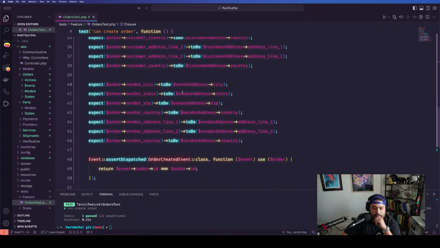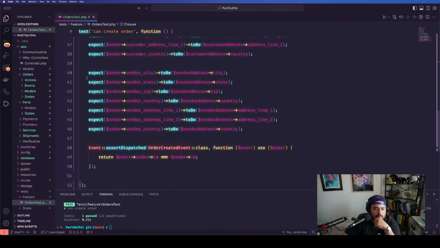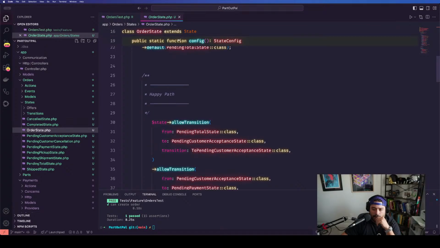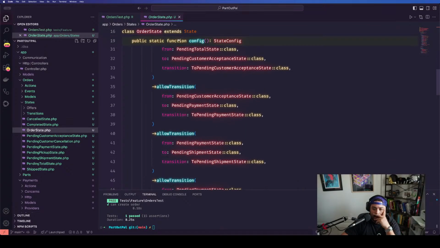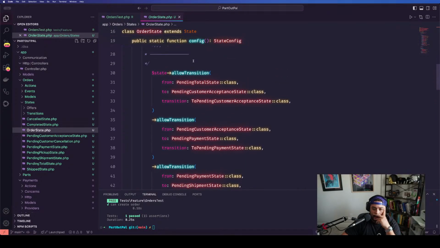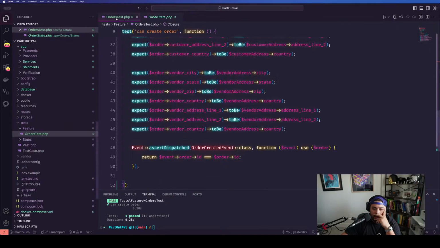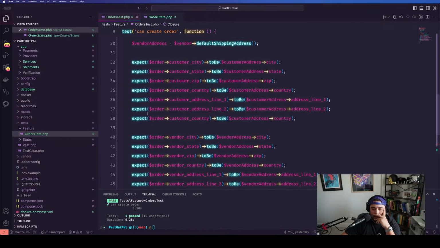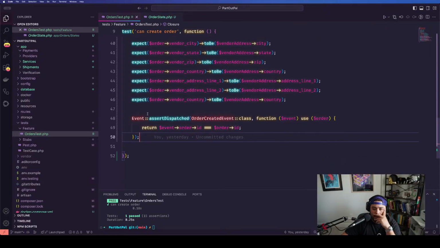All right, let's make another test. Okay, so let's look at our state. Orders, states. Order state, okay. We've got happy path. Default is pending total state, which should be what this is. And I don't really want to test... I guess I do want to test that. I just don't want to test the implementation too much, but